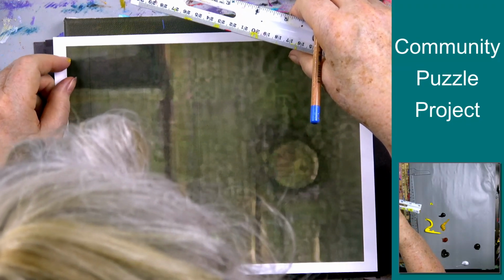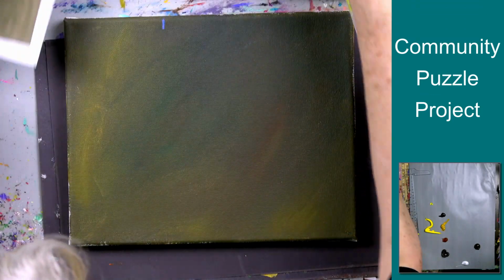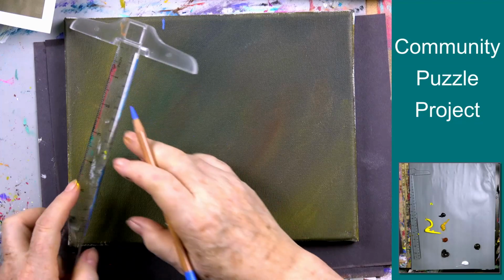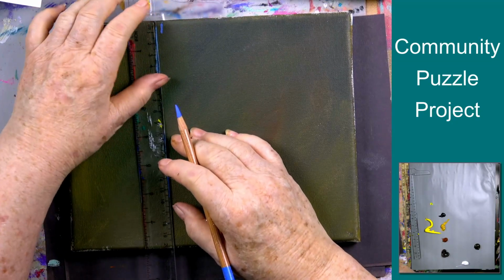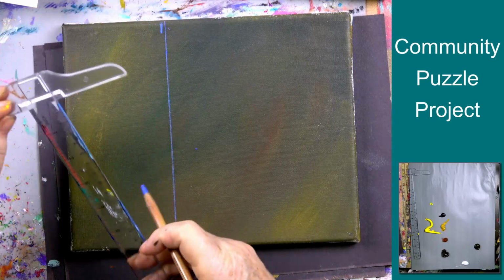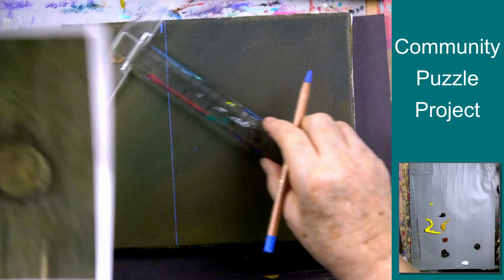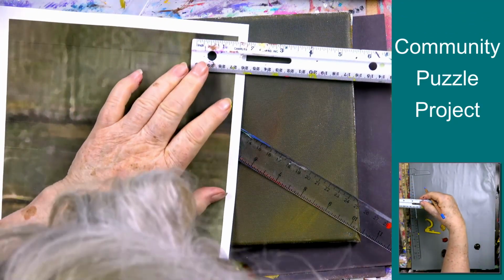Did you get it in the right place? I think that's going to be that straight line there, right? And I'm just going to take my T-square and come all the way down like this and draw a straight line like that, right? Just with the chalk, because that's going all the way down, all right? And then I want to measure down from the top